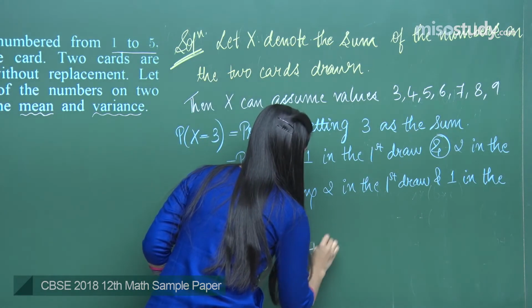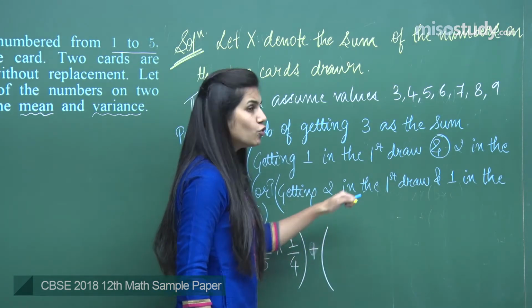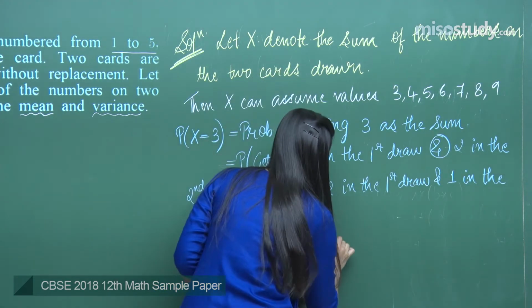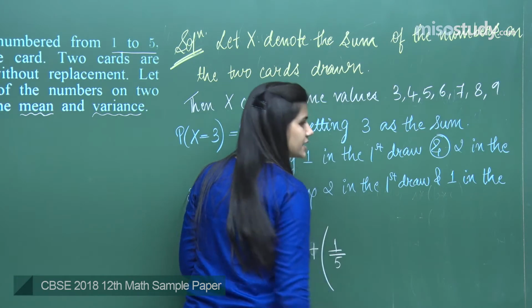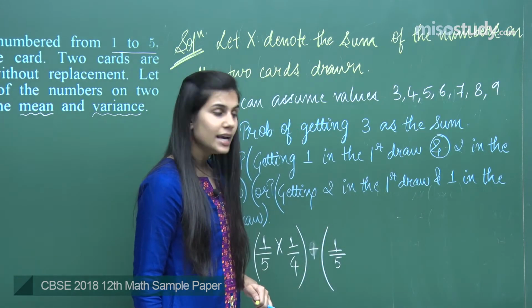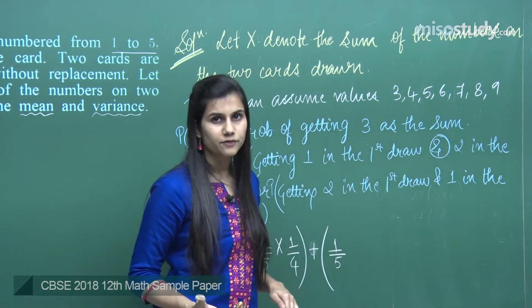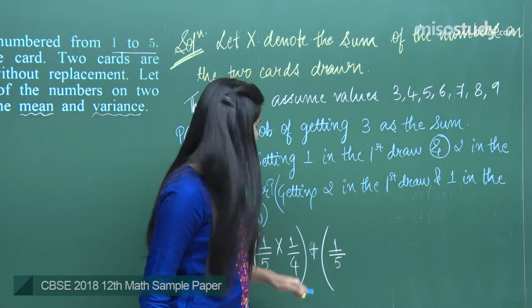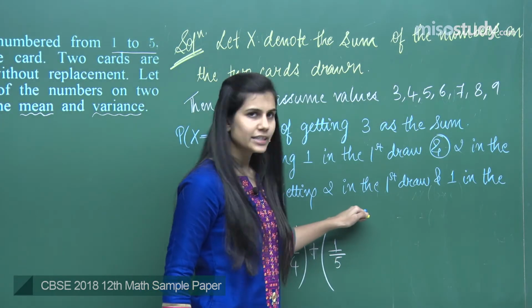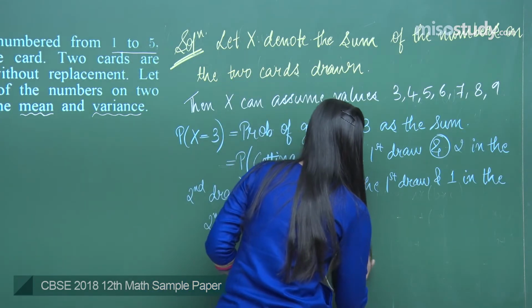Or means there will be a plus over here. Getting 2 in the first draw, again 1 by 5, because there is only one card on which 2 is written, and if that is coming in the first draw, that means in the first place we have 5 available outcomes with us. So 1 by 5 is the probability of getting 2 in the first draw